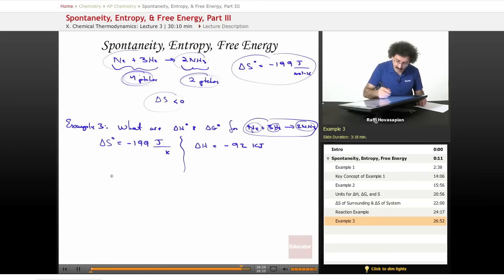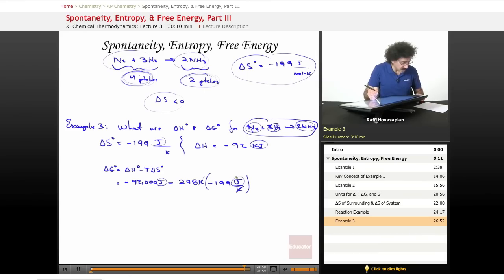Okay, so now we just plug it into the equation, making sure to match our units. We get delta G equals delta H minus T delta S. It equals minus 92,000 joules minus 298 Kelvin times minus 199 joules per Kelvin. Kelvin cancels Kelvin. Our final answer is going to be in joules, and what we end up with is minus